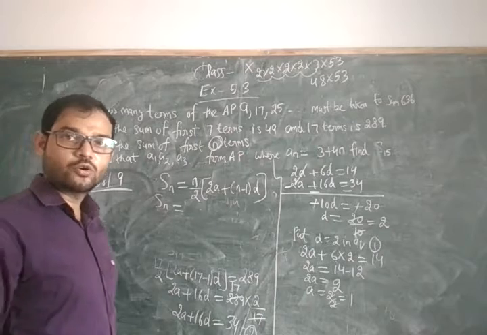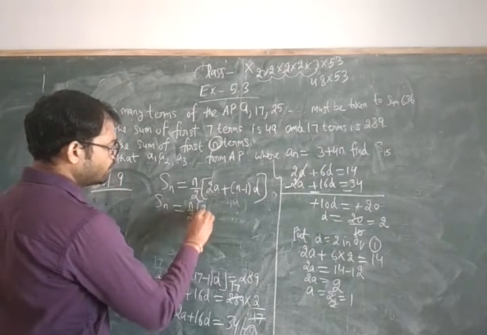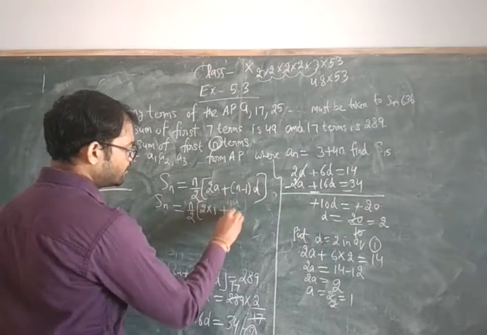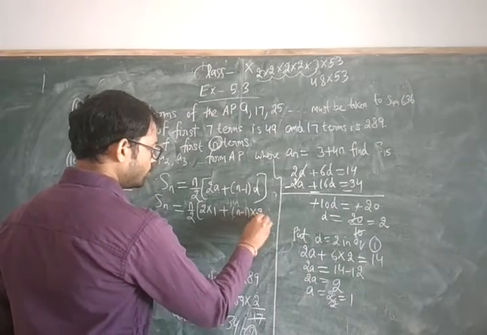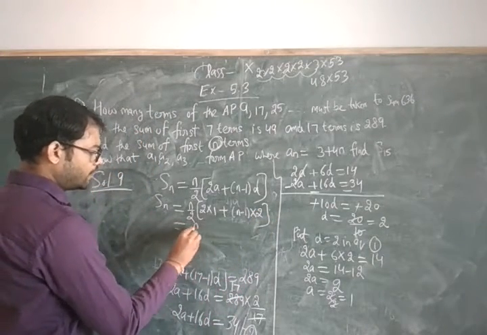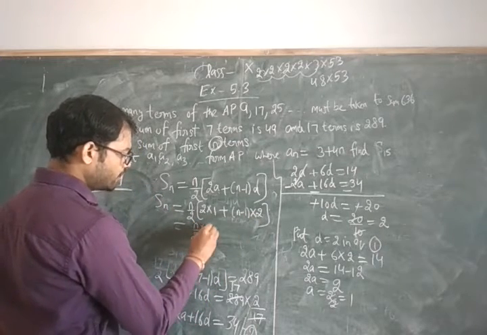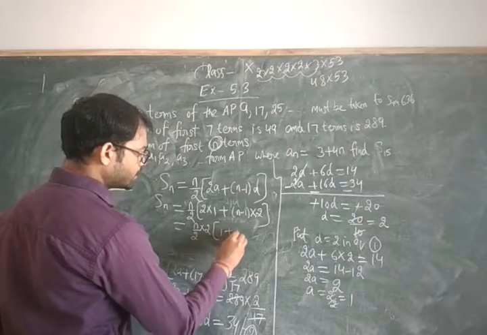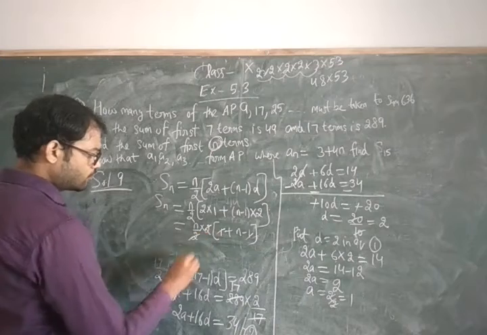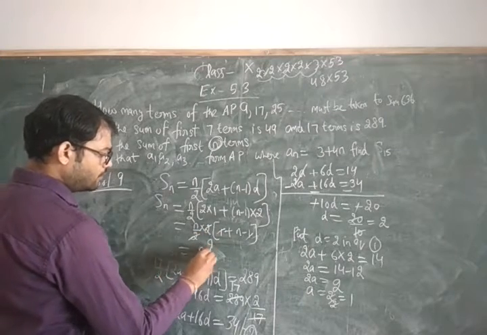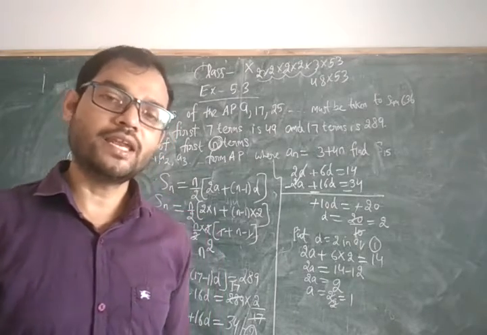So it means आपने n को n ही लिखना है. So n upon 2 and here 2a. The value of a is 1 plus n minus 1 and the value of d is here 2. So it becomes n upon, इसमें से भी आपको कॉमन निकाल सकते हो, take 2 as common, it becomes 1 plus n minus 1. So cancel 1 with 1, 2 with 2, so it will remain n square, because n is n, multiply with n, it becomes n square.